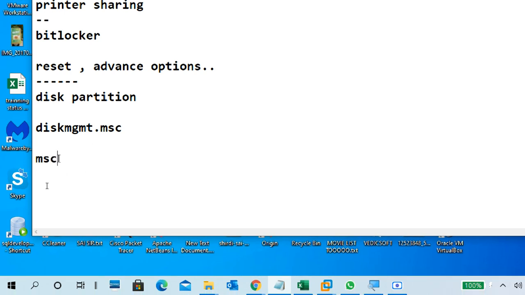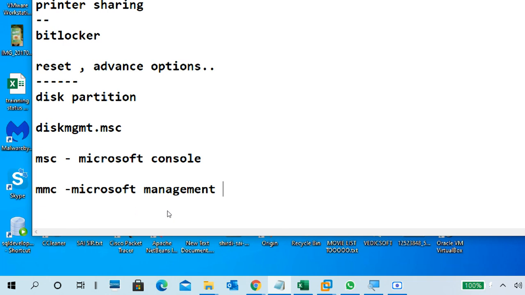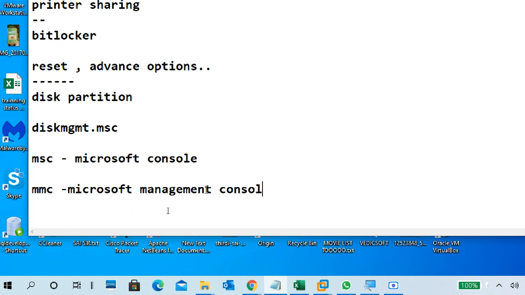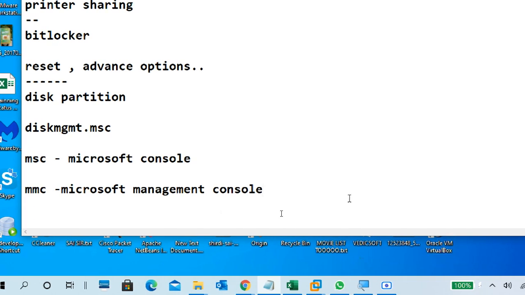MSC means Microsoft Console. One more is there, MMC, Microsoft Management Console. These are consoles only, like viewing points only.